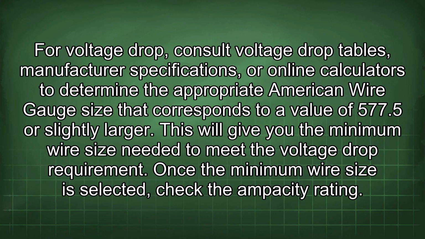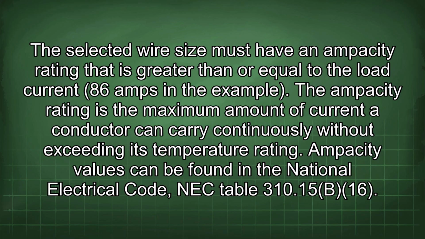For voltage drop, consult voltage drop tables, manufacturer specifications, or online calculators to determine the appropriate American wire gauge size that corresponds to a value of 577.5 or slightly larger. This will give you the minimum wire size needed to meet the voltage drop requirement. Once the minimum wire size is selected, check the ampacity rating. The selected wire size must have an ampacity rating that is greater than or equal to the load current, 86 amps in the example. The ampacity rating is the maximum amount of current a conductor can carry continuously without exceeding